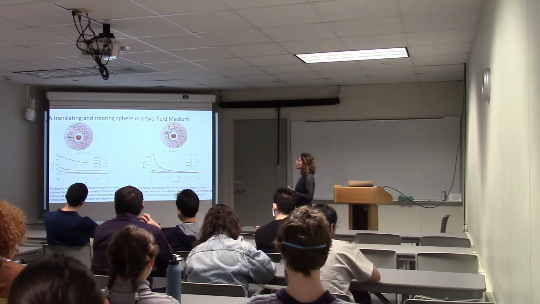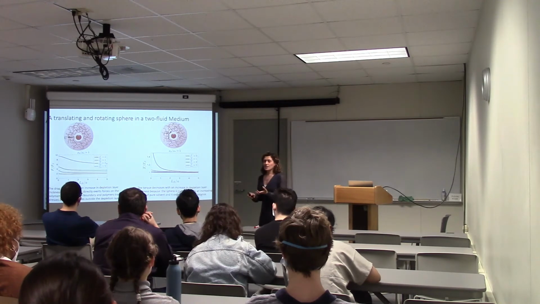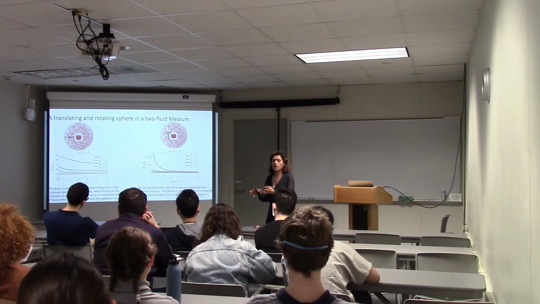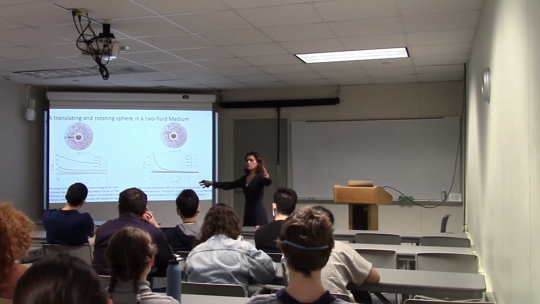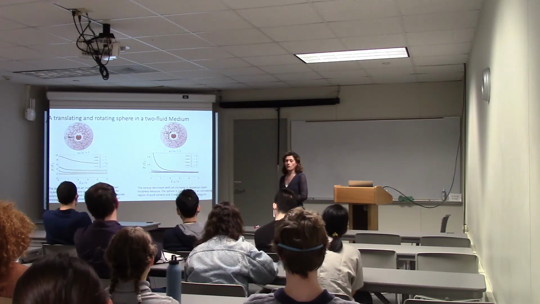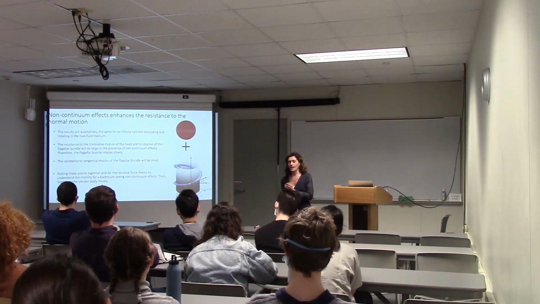However, as we increase the depletion layer and we rotate the sphere, the torque drops. And that's clear because we said that there is no tangential resistance to the polymer motion. So the larger the depletion layer, the sphere doesn't see the polymer at all. So it's like it's rotating in pure solvent. Okay? So now we have these pieces.